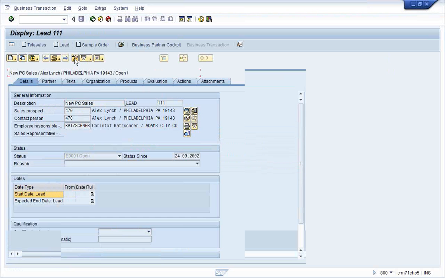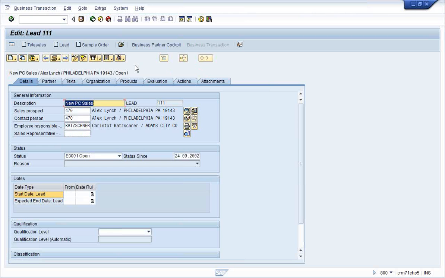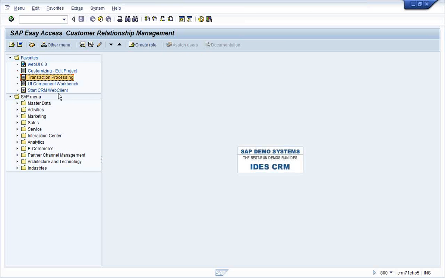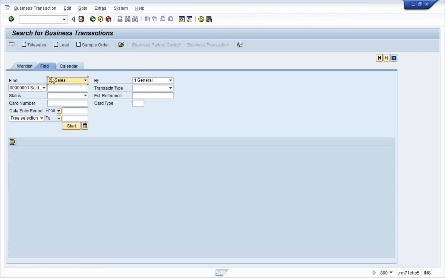I think I am already in the change mode. Then display mode. Or you can altogether create a new lead here. So creation, display and change, the maintenance of the complete business transaction, is done using a single T code. Creation you can always select from this menu.